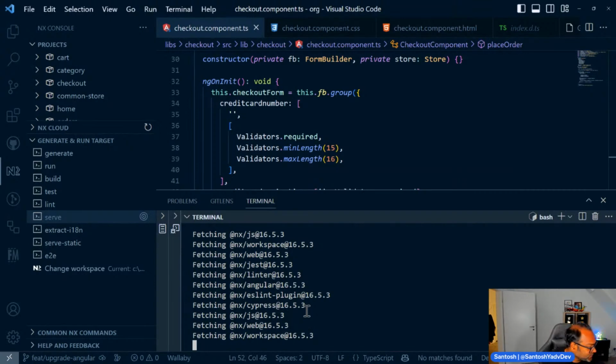Let's see how much time it takes. I mean, I have a better internet, so it should not take much time. Probably running those migrations can, but